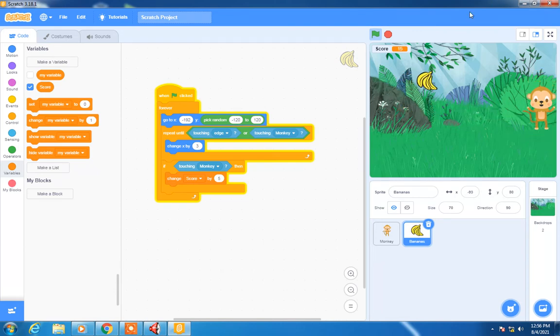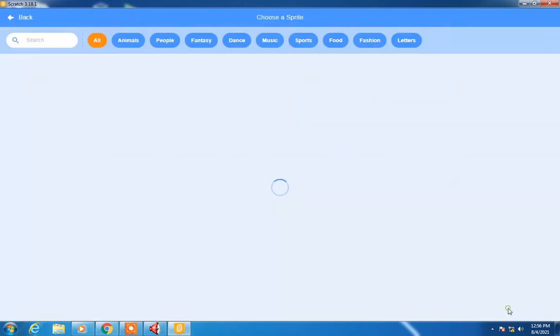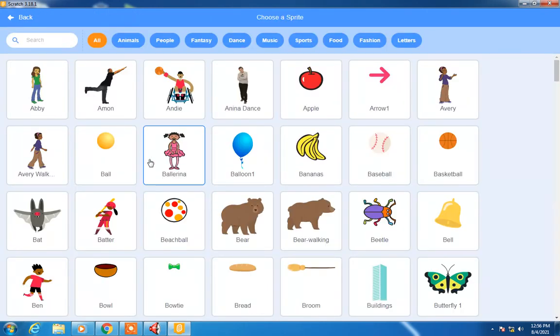Now as we have done this part, the bananas are being taken by the monkey, it should also save itself from the crab or the virus or any other object which it doesn't want to eat. So let us add the next sprite now. So whatever you want you can add over there. So maybe for now we will take a crab.